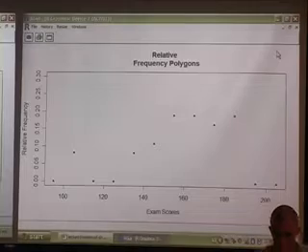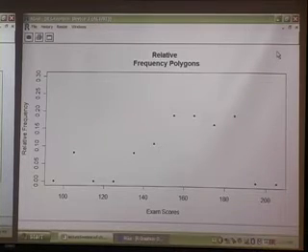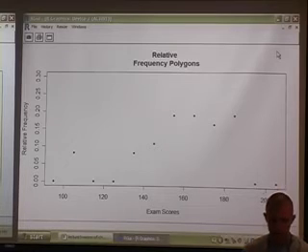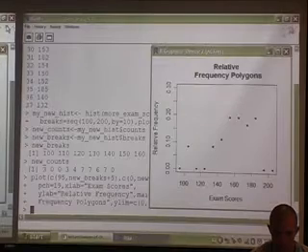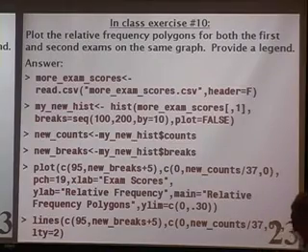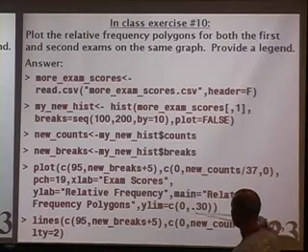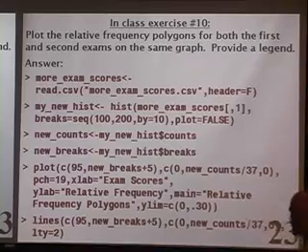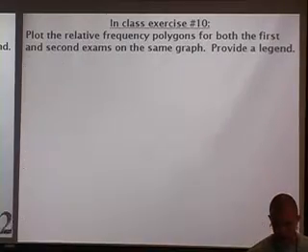So the only thing I need to do now is connect these points by lines. Now, the one thing you might wonder about is I had to set the ylim argument. The reason I had to do that, I set ylim going from 0 to 0.3. R will set the y limit by default, but if you look at